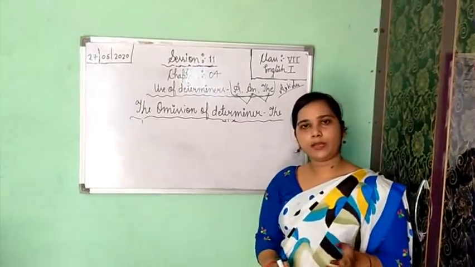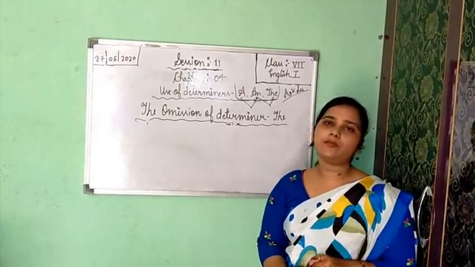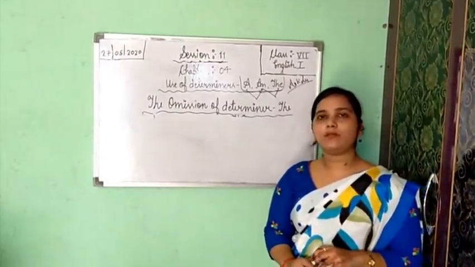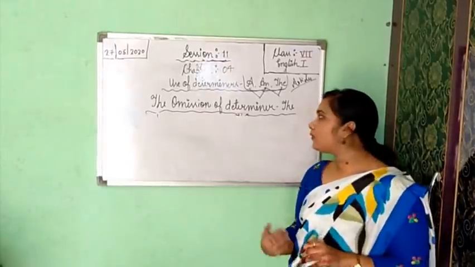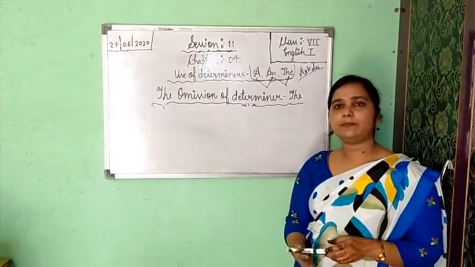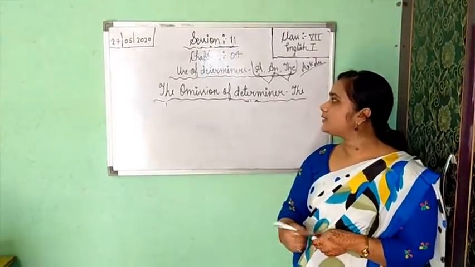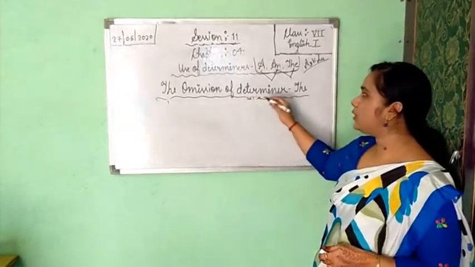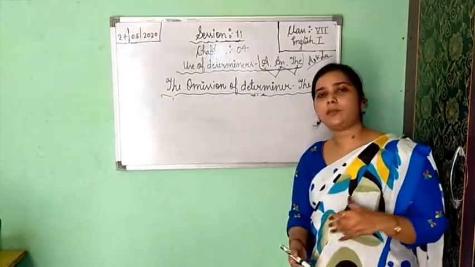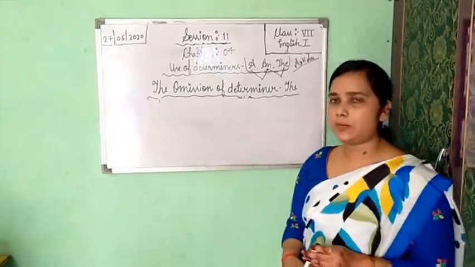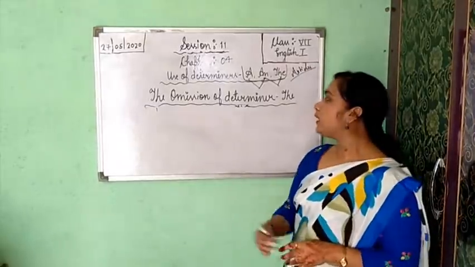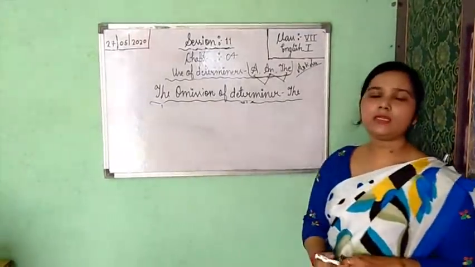Next I told you where you will use "the". And always remember, "a" or "an" is used only with countable nouns, meaning nouns which we can count. After that I told you the uses of the definite determiner, that is "the". And in the last I told you where you will omit the determiner, meaning where you will not use "the". We use it by mistake, but according to English grammar nobody has to use it at these places which I have told you.